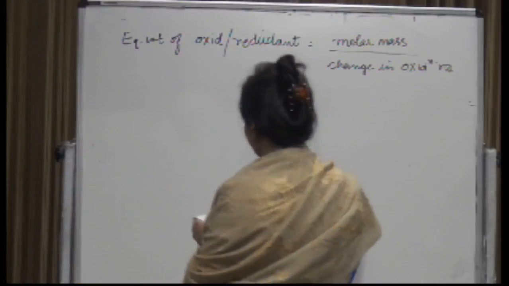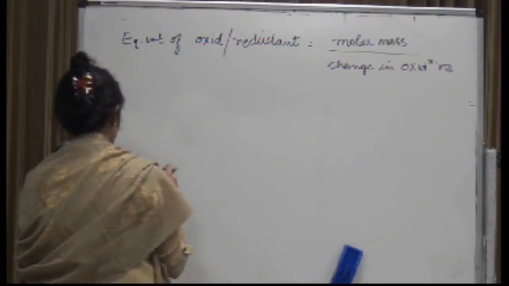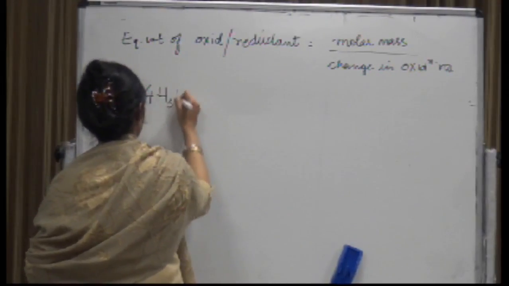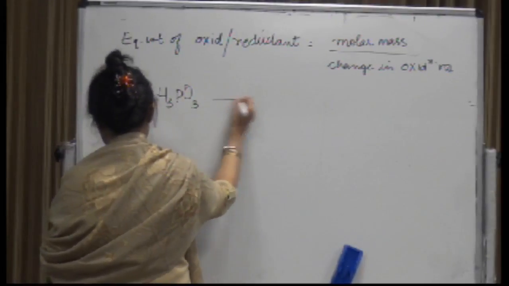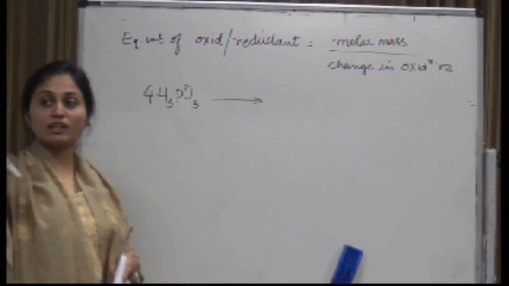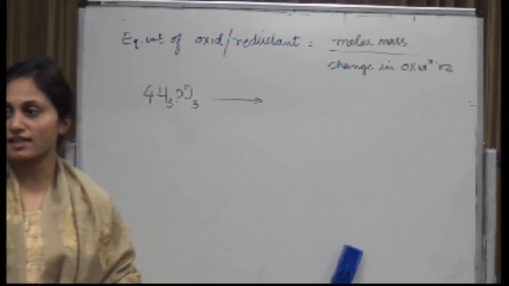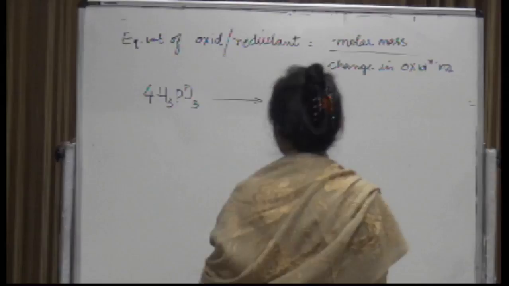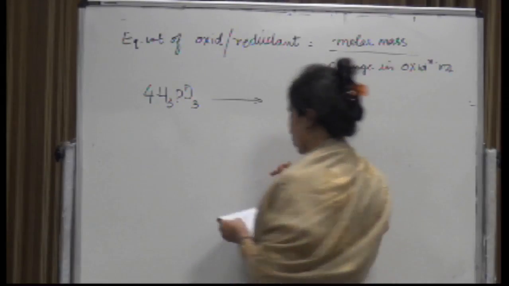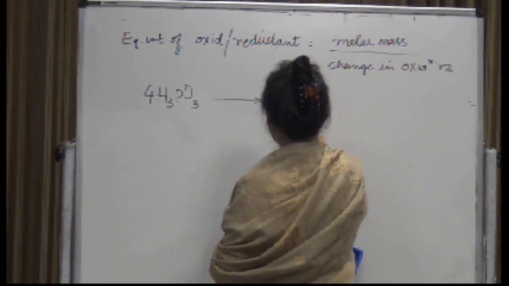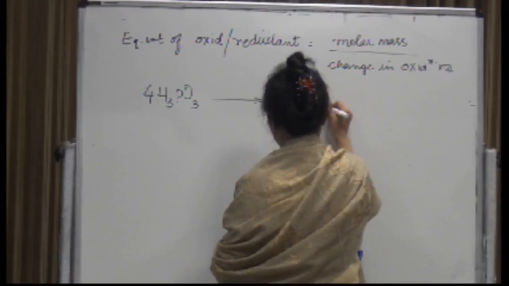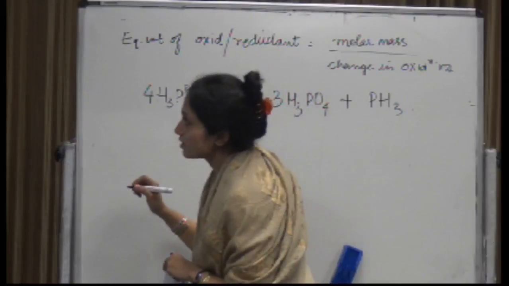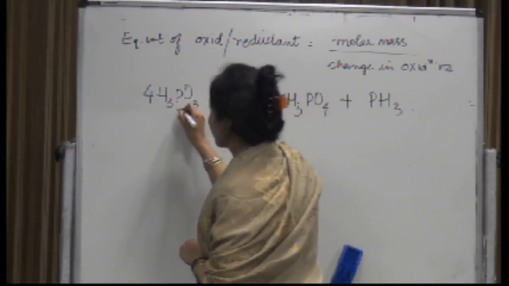So, let's understand this with the help of an example. Let's take up a disproportionation reaction. What is a disproportionation reaction, by the way? In which one particular element in itself is getting oxidized as well as reduced. एक ही element. So that is a disproportionation reaction. So you take up an example of H3PO3 in which it is getting converted to H3PO4 plus PH3. So write down the oxidation state of